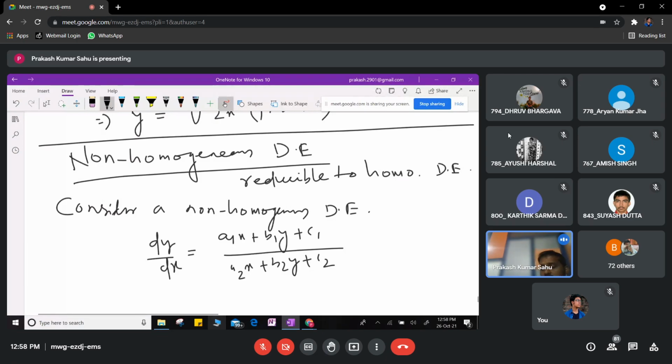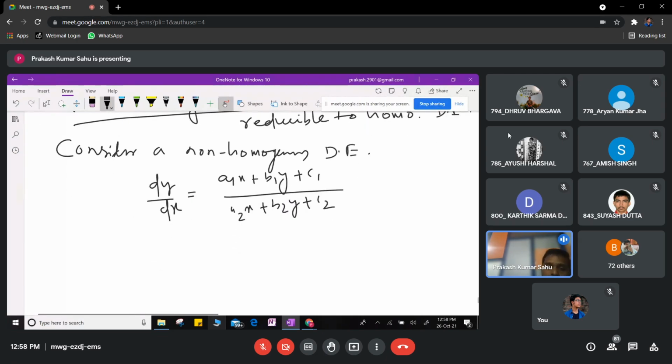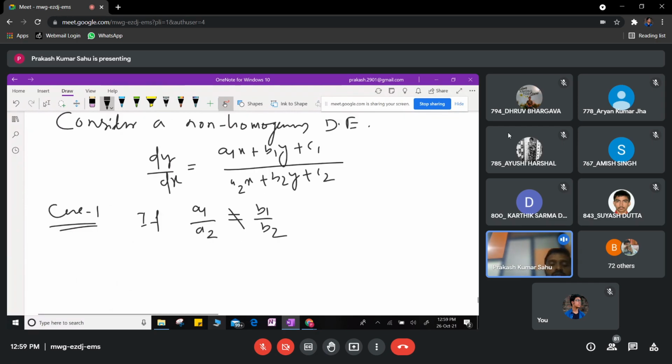So in that case, two cases arise. The first case, case one: if the coefficient a1 by a2 is not equal to b1 by b2, then we can substitute x is equal to